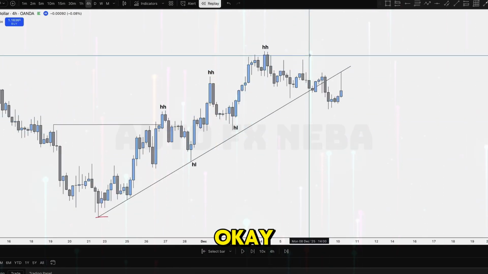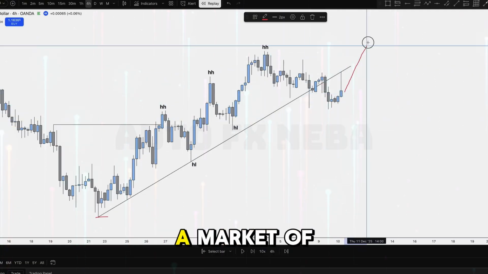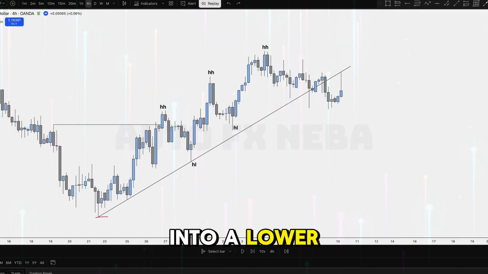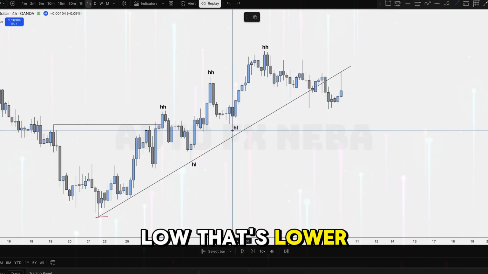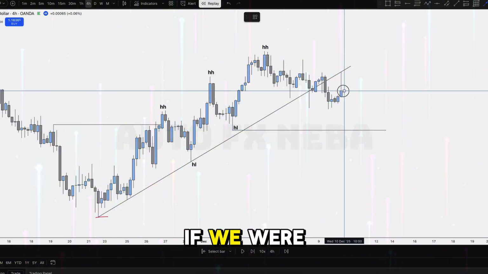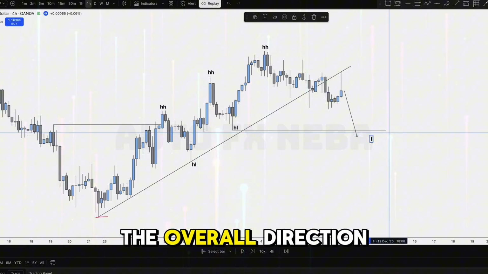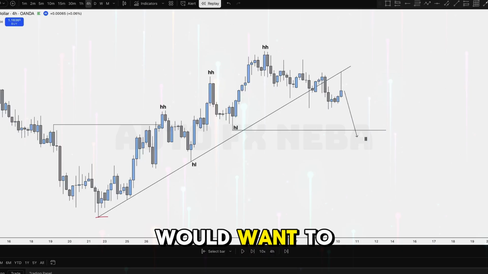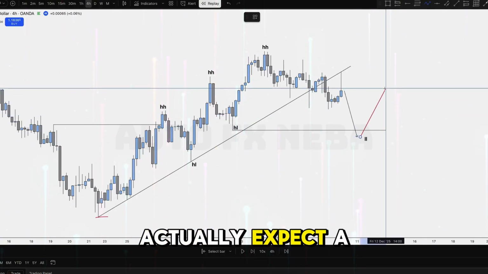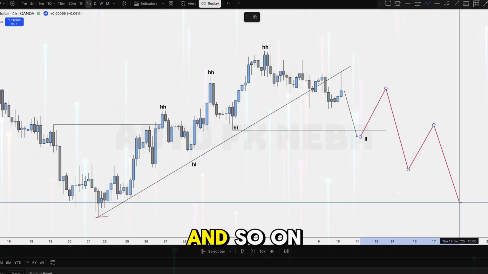It's very simple, okay? If this market then continues to make higher lows and higher highs, that would be a market which we would want to buy. If the market was to break into a lower low, so printing a low that's lower than the previous, for example, in this market, it would look like this. If we were to get a closure down here, that would create a lower low, which would change the overall direction of this market. And what we would want to do then is, rather than looking to take this higher, actually expect a lower high, a lower low, a lower high, and so on and so on and so on